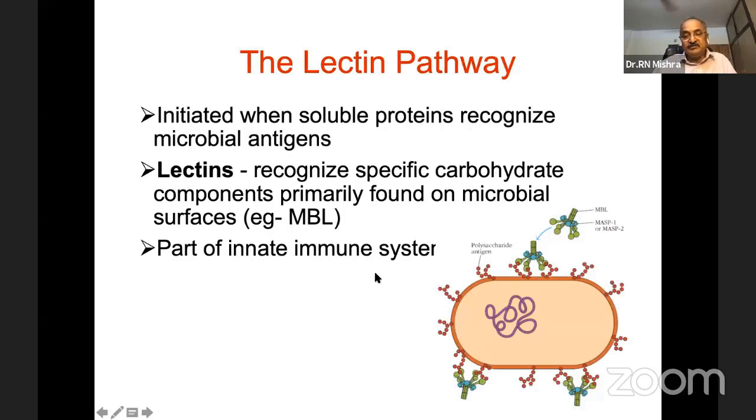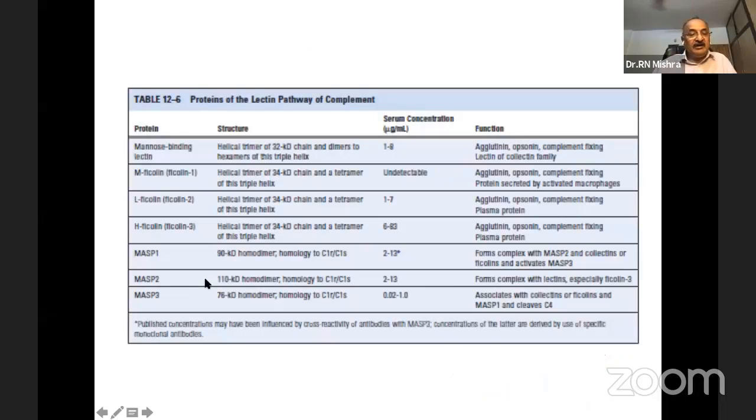This is the lectin pathway. It is initiated when small proteins recognize microbes. Lectins recognize specific carbohydrate components primarily found on the microbial surface. And again, this is part of the innate system. And there are various proteins of the lectin pathway. So this is also independent of antigen antibody complexes. And basically, these proteins are mannose binding lectin, M-ficolin, L-ficolin, H-ficolin, and they can also